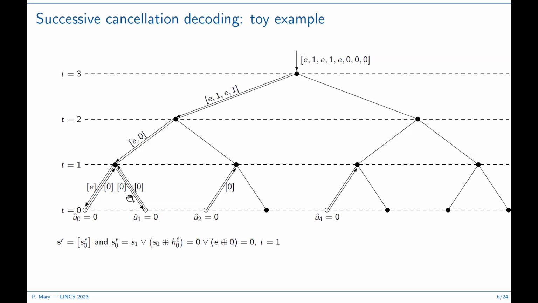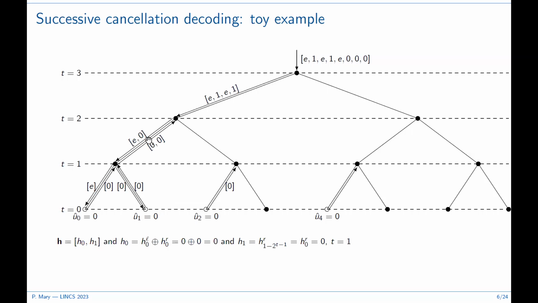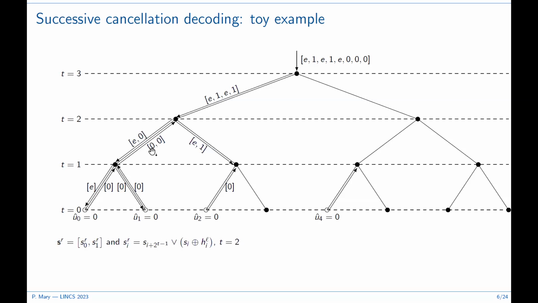But again, the hard decision is already known since it is a frozen bit. But we need this in order to reach the other leaf node, since it is a sequential decoder. And like this, we can resolve the erasure event here and then compute the soft input elements going to level 1 through this function.